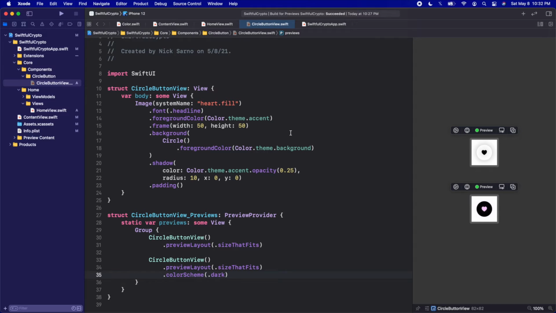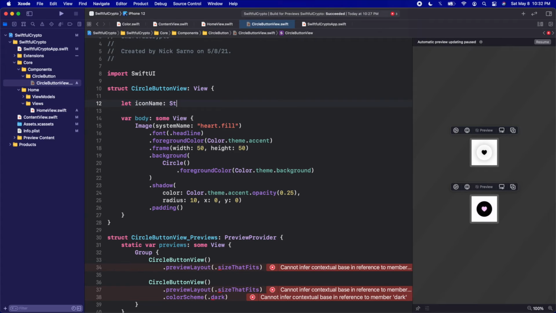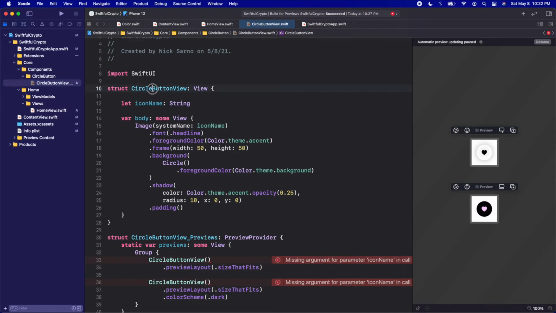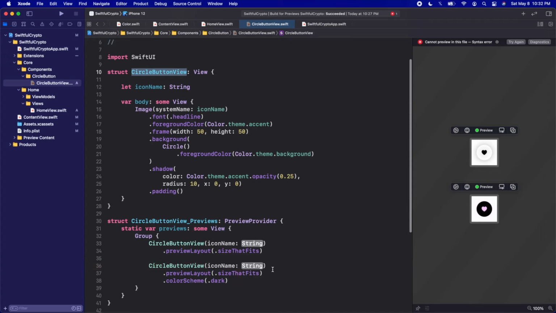All right, and finally, I want to be able to just change out this icon for any icon that I want instead of just the heart. So up here, let's add a let iconName of type String. And then we're going to take that icon name and just pass it in here. So our initializer is now going to ask us for an icon name every time we create a CircleButtonView. So down here, when we're creating them, we can fix our preview and we can add our icon names here. So let's just do info